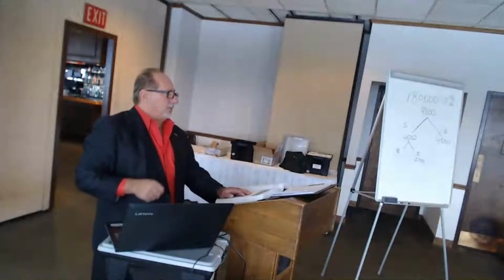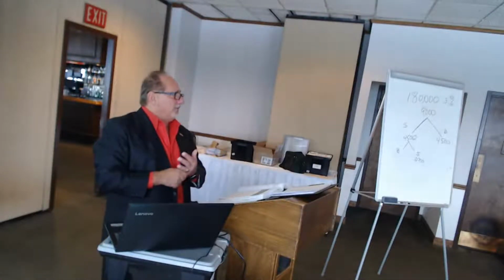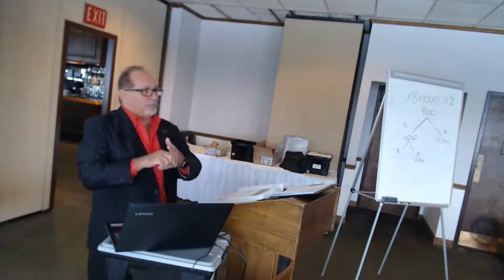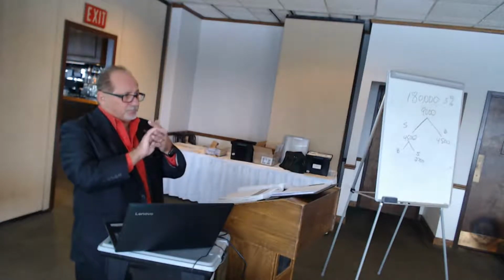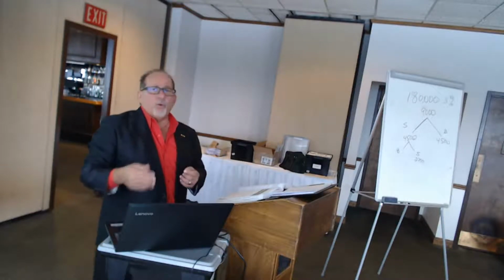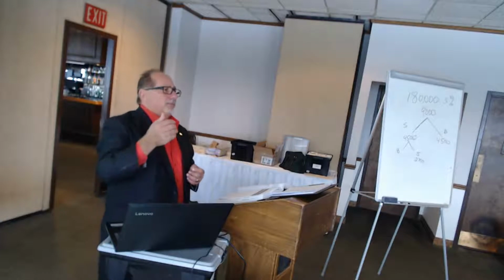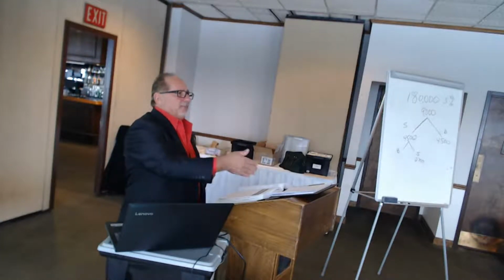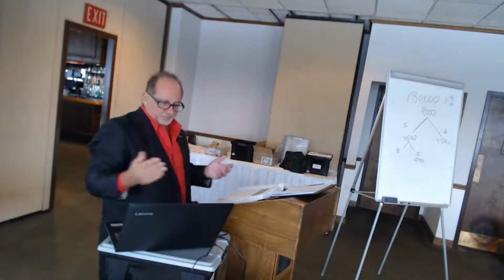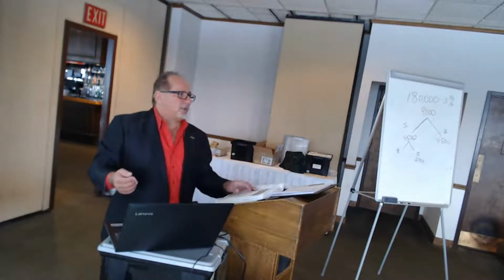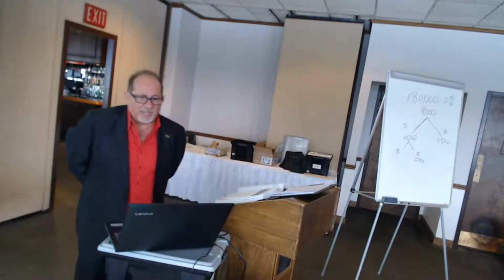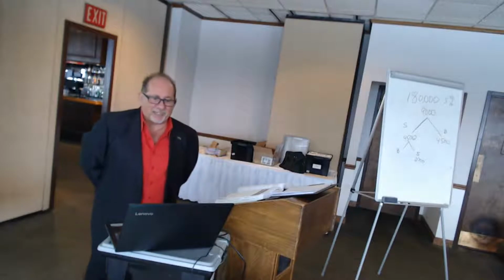Remember we said the different roles an agent could play? They could represent the seller. They could represent the buyer. They could represent both as a dual agent, right? They could represent neither as a transaction licensee, or an agent could represent the seller as a subagent if it's not their listing and there's another agent representing the seller. That's how we used to do it. It's not done very often anymore. The principal is the one who gives the agent the authority to act on their behalf.